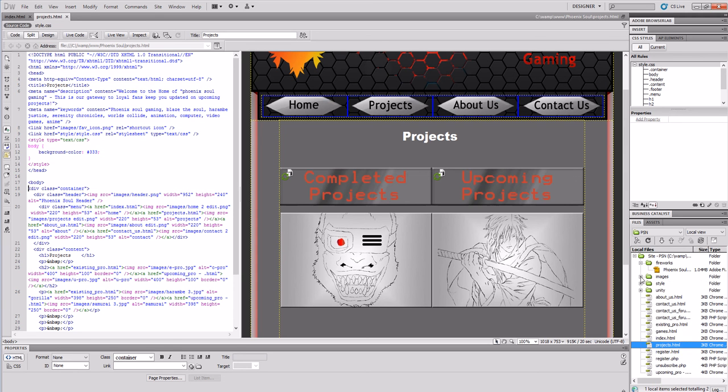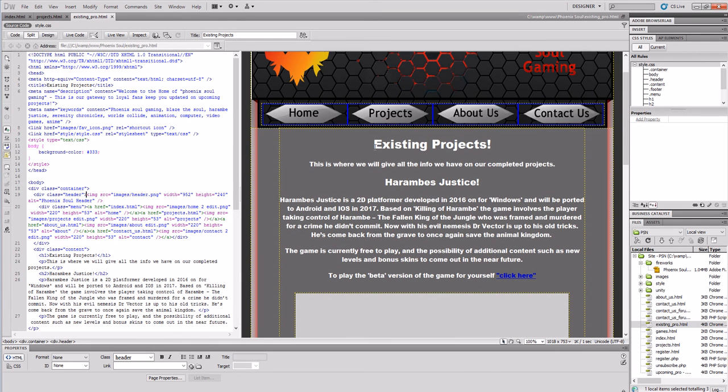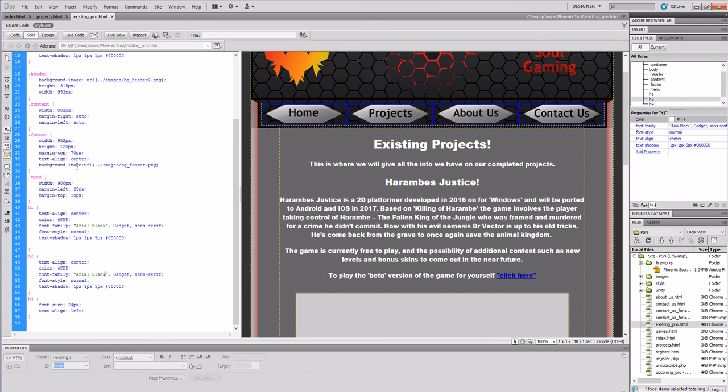The next page, bear with me, is the completed project page. So within this page, it is optimized with the header 1 and header 2. And while I show you within the style sheet,